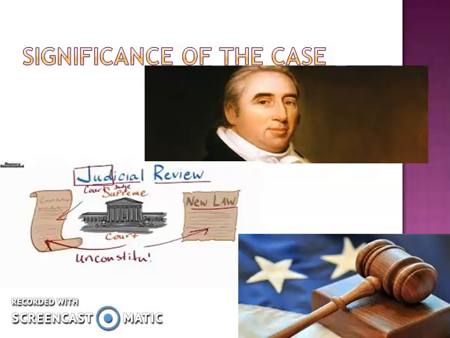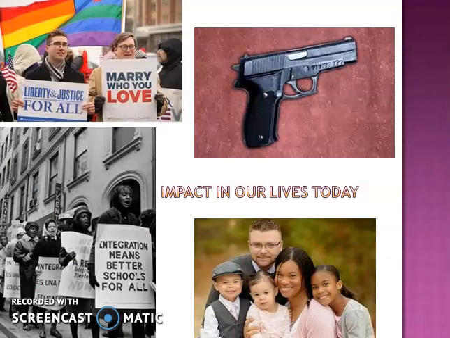And so this has changed and impacted our lives in many different ways. There have been lots of cases that have been tried through the federal court and have been found to be unconstitutional and have actually provided rights to the people, such as when we had segregated schools. They felt it was unconstitutional that whites were going to different schools than blacks. Interracial marriages were considered unconstitutional, and therefore they were allowed.